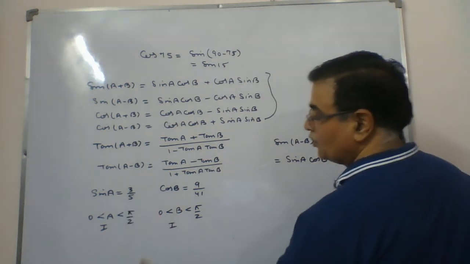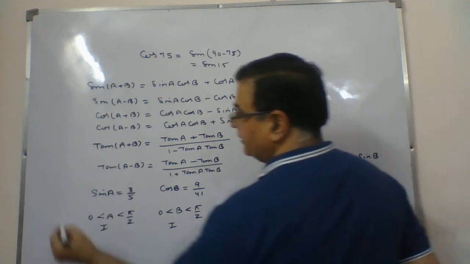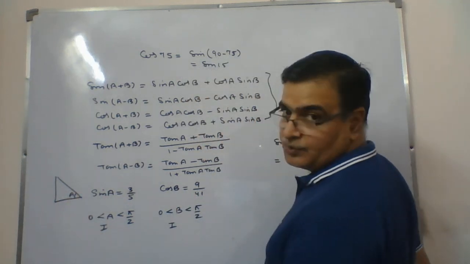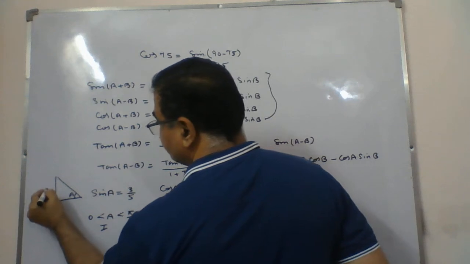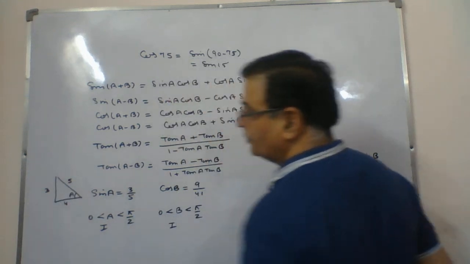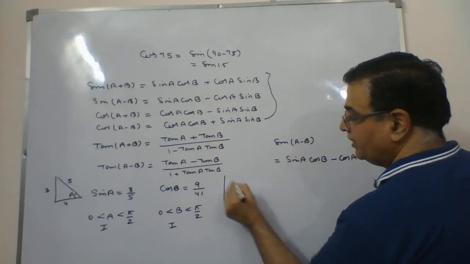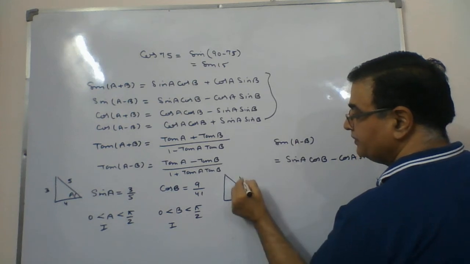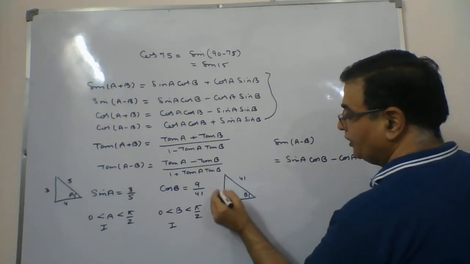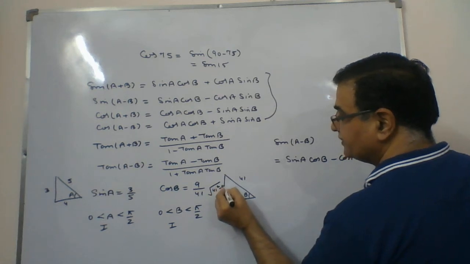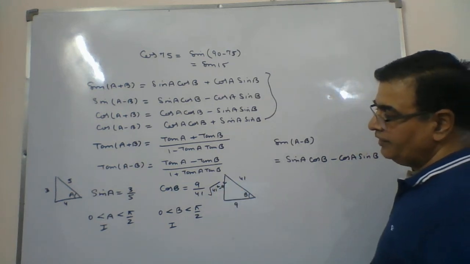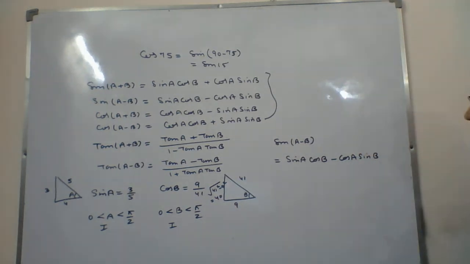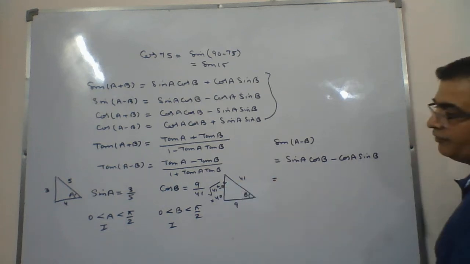Now sine A is there, so cos A you can calculate by taking the triangle here. First I'll take the triangle here. This will be angle A. Sine is what? Perpendicular by hypotenuse. So it is 3, it is 5. Automatically this will be 4. Same way when we go for angle B, cos will be what? Base over hypotenuse. So it will come out to be 41 square minus 9 square. Now when you solve it, I think it will come out to be 40. You can check this.